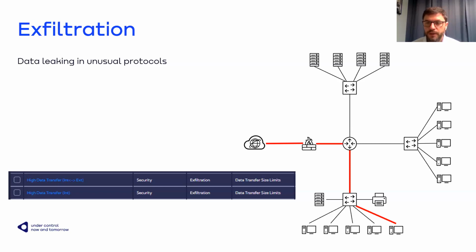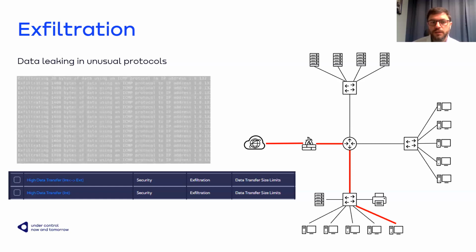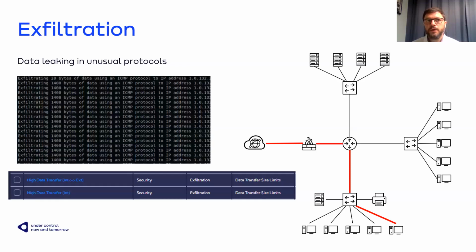So here we've got the data leakage, but it's not the typical data leakage, because right now the attacker usually uses some well-known but not monitored protocols, like ICMP or the DNS protocol, to send the data outside the network. And on this stage of the attack,